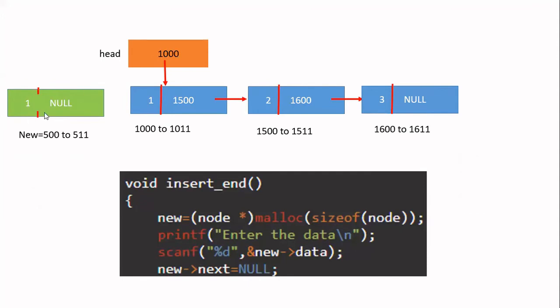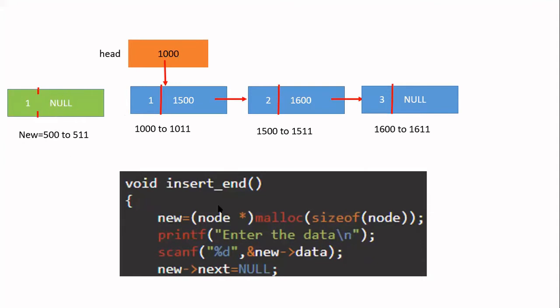First, like the previous insert at beginning, you create the node. Okay, you create this green color node. By means of malloc, you allocate the memory. After that, you store the value 1 in the data field. Read it from the user. Then in the link field, try to understand this. In the next field, I am storing null. In the previous case, we did not do that because that is at the beginning. It will point to the next node in the linked list. But now I am going to insert the new node at the end of the linked list. At the end means after this node, no node will be there. So the next field should contain null. So while creating itself, I am storing null in the next field.